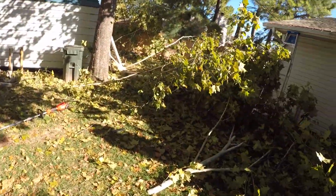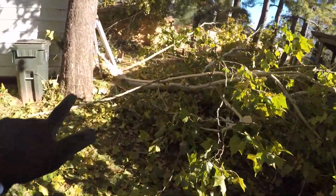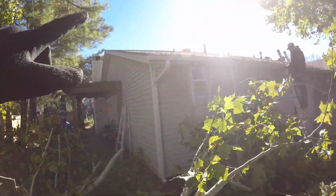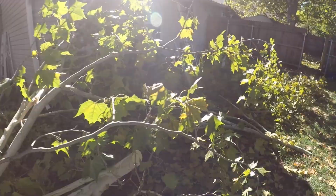Good morning. It is the next morning, about 10:30, maybe 11, but we're at the next cleanup. This huge thick tree limb was lodged way up there, so we had to do some cutting on the roof and get it down. We got that, and then